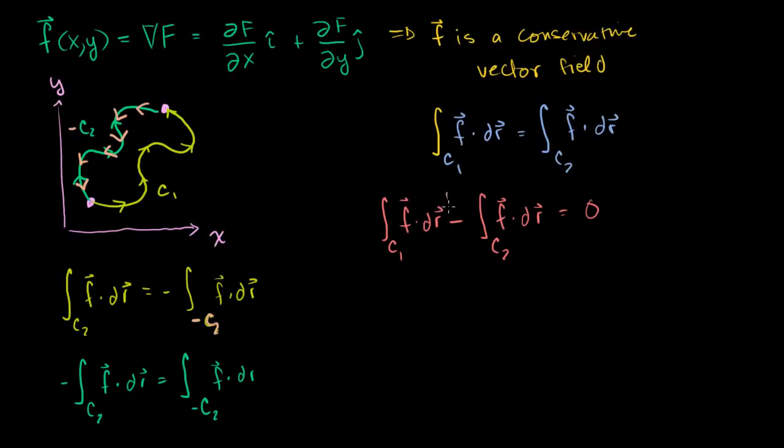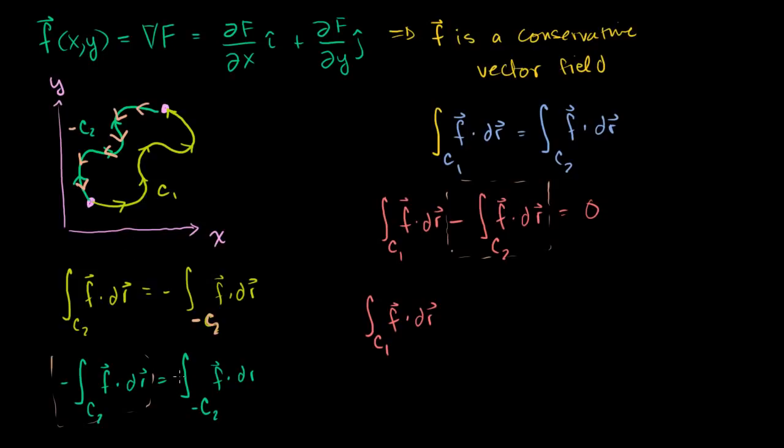We have the minus of the C2 path. We have that right there. So we could just replace this with this right there. So let me do that. So I'll write this first part first. So the integral along the curve C1 of f dot dr, instead of minus the line integral along C2, I'm